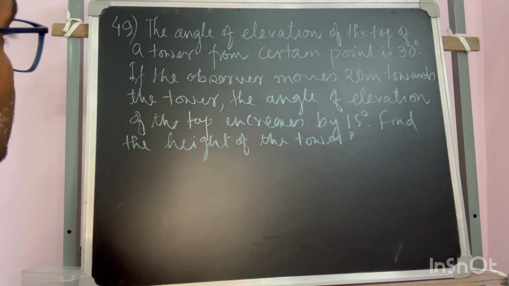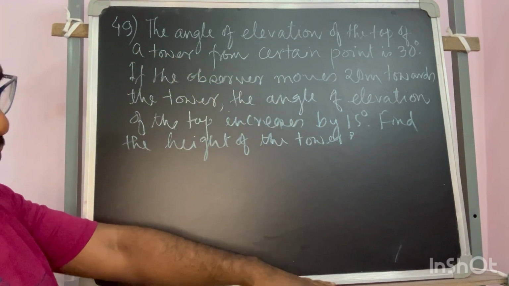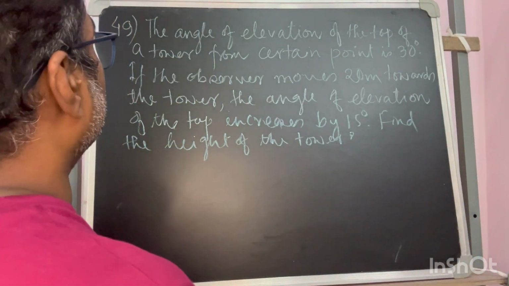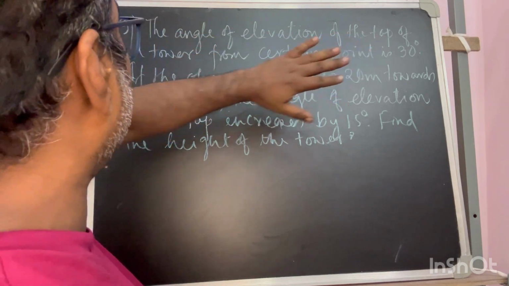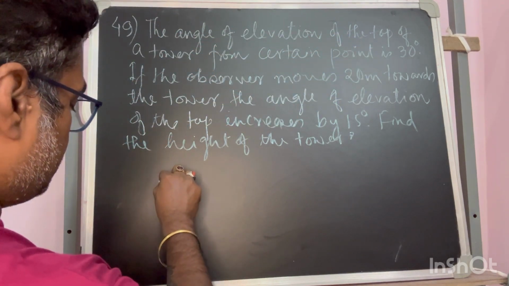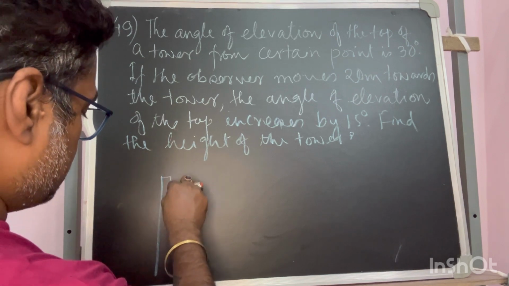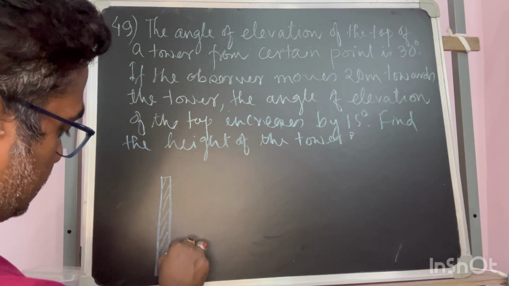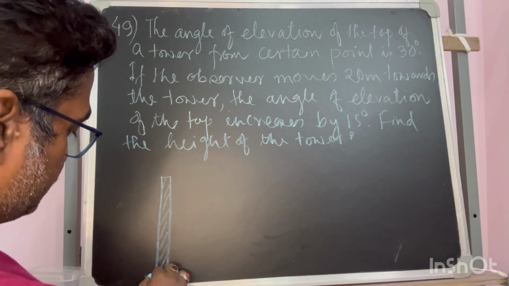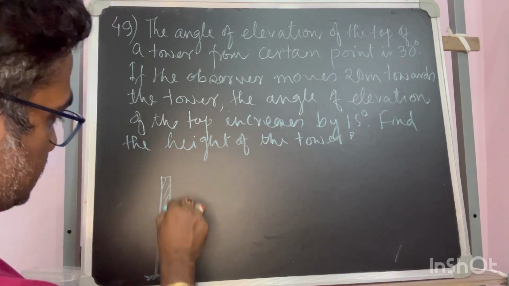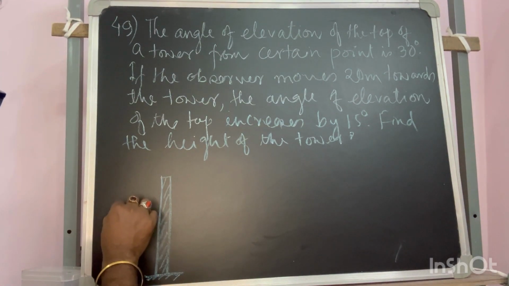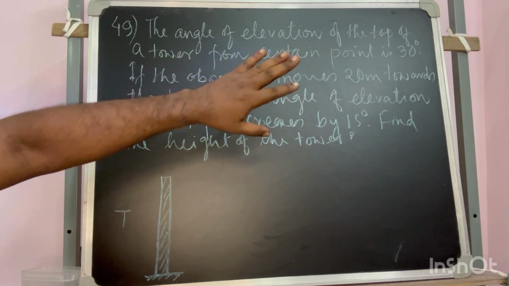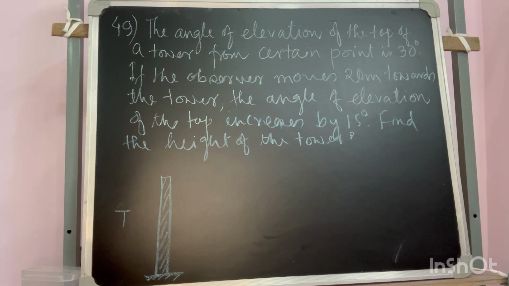Now we will read it again and try to represent it in a pictorial view so that the sum can be understood better. The angle of elevation of the top of the tower. So certainly there will be a tower. I am just drawing it, and this must be on the ground. So this is the ground and this is the tower, let's say tower T. From a certain point is 30 degree. That means